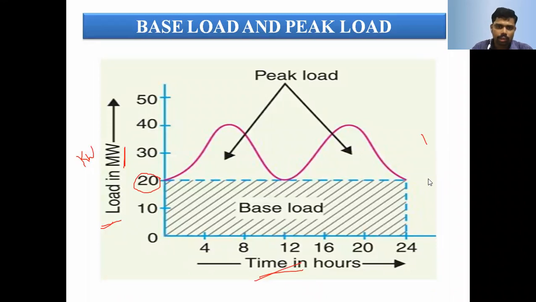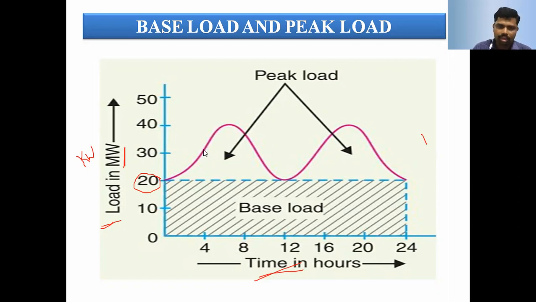This is nothing but loads classified based upon the demand. There are two types of load: one is the base load, another is the peak load. Base load means throughout the period, the load is maintained constant. It does not depend on the season or the atmospheric condition. The peak load means, based upon the climate condition and the season, it varies. It is not constant every time, and every day the peak load is not the same.